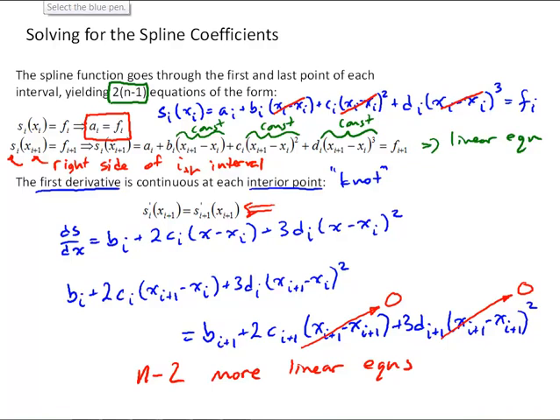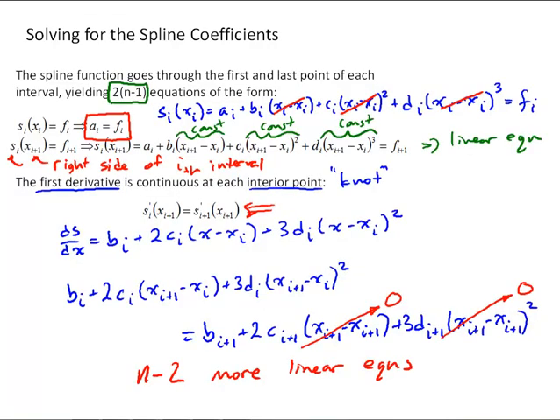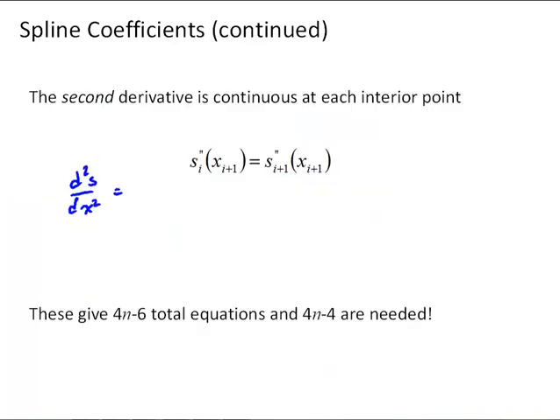And so we need to find some more. So let's go to the second derivative constraint. First we can find the second derivative. Looking back here, we can see the bi's are going to go away, and we're going to have 2ci plus 6di times the linear term. So we get 2ci plus 6di times x minus xi for our second derivative,